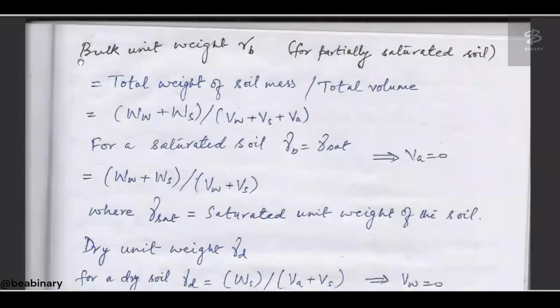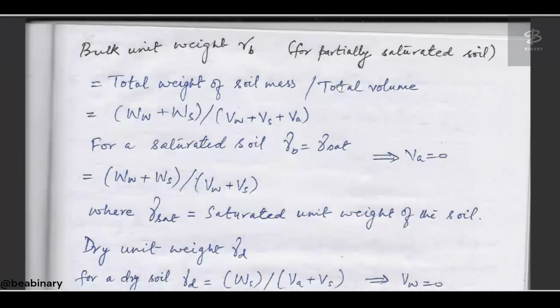So now coming to the bulk unit weight gamma b for partially saturated soil. उसको गामा बी से यूनिट वेट है, तो unit weight is denoted by gamma and gamma b is for the bulk unit weight. So bulk unit weight is actually the total weight of soil mass divided by the total volume. So इसमें हो जाएगा weight of water plus weight of solid divided by, ये partially saturated soil के लिए,